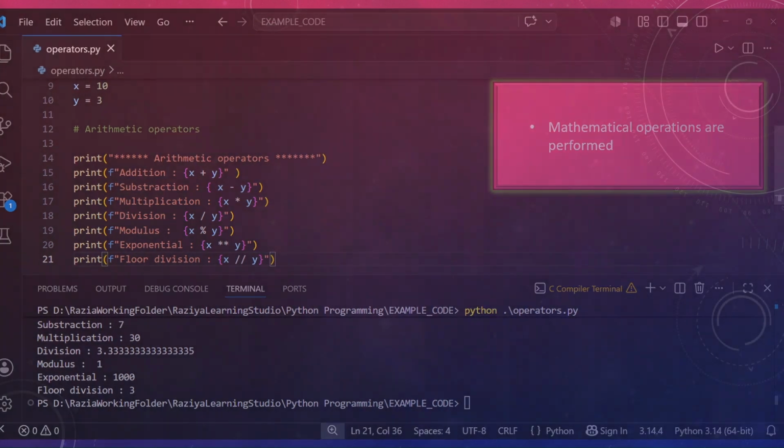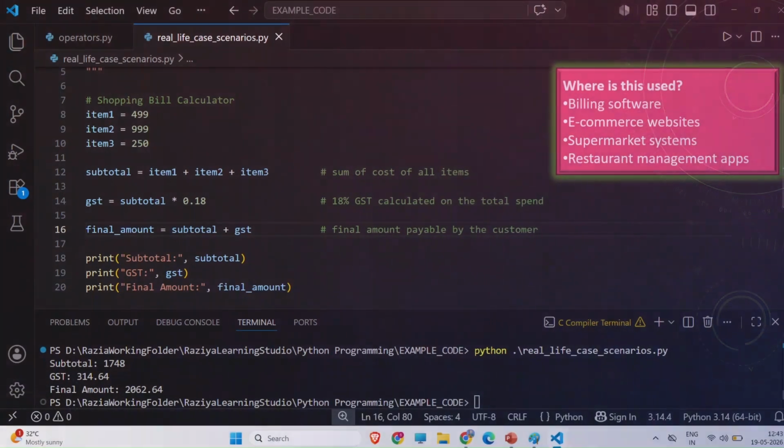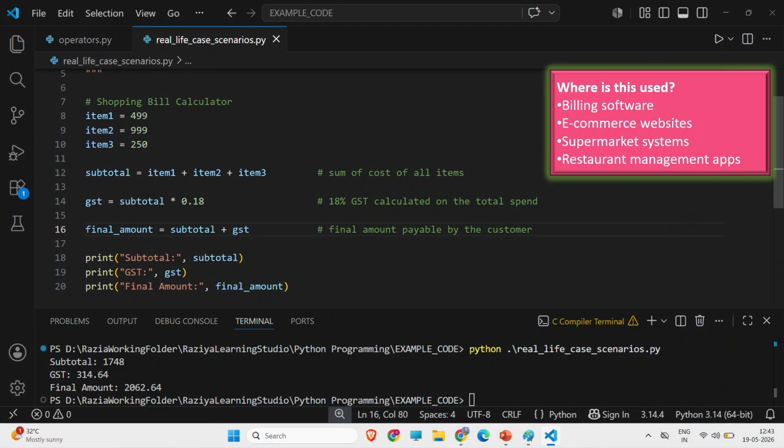Now we'll take a real life case scenario where we will use these arithmetic operations. For example, whenever you go to the mall, you always see your mother billing at the counter and the person scans the values of the items, right?